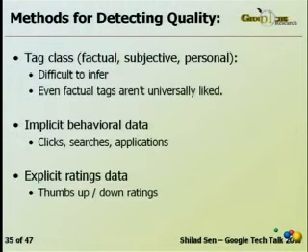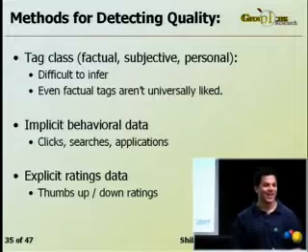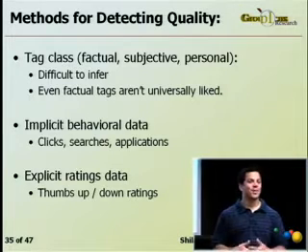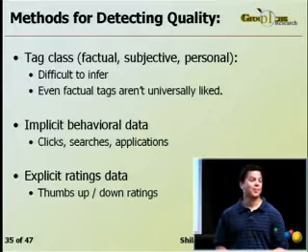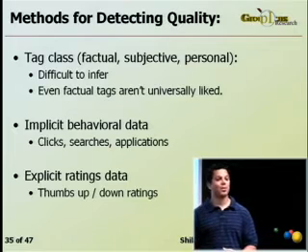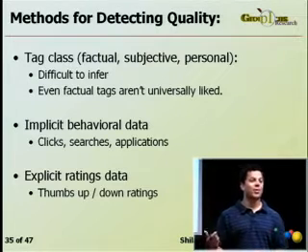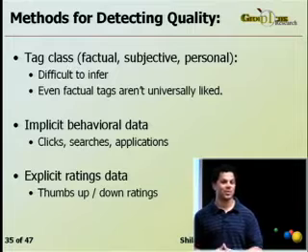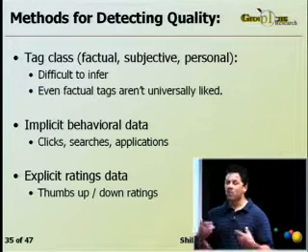So how can a system determine what tags are good? Well, there's tons of ways, but we focus on a few very simple ones in this paper. We just talked about how different tag classes have different value to the community. So we could use that. Unfortunately, we found it fairly difficult to infer what class a particular tag is. And even for the most well-liked tag class, factual tags, only 56% of those tags were deemed viewable. So we hope that we can have a better signal.